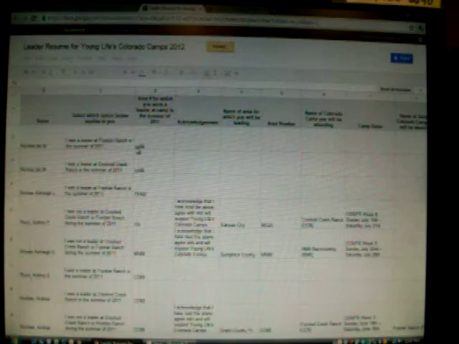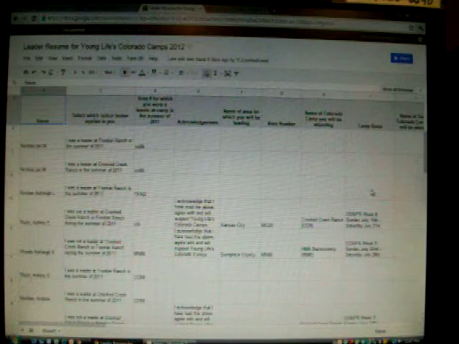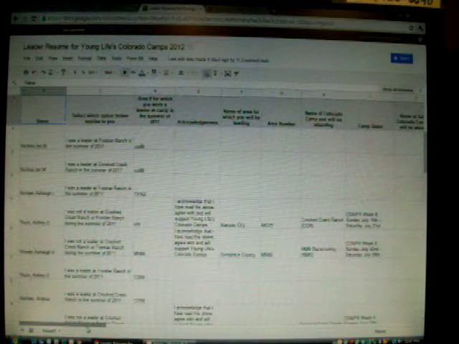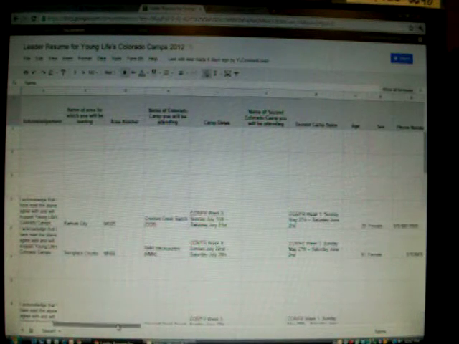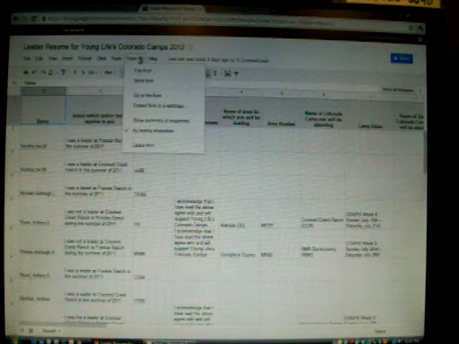We can go ahead and sign into our camps account. We're going to click on the Documents tab. This time we're going to click on Leader Resume for Colorado Camps 2012. Again, our spreadsheet will open, and unlike with the leader recommendation, a lot of these fields are empty, and that is due to the big difference